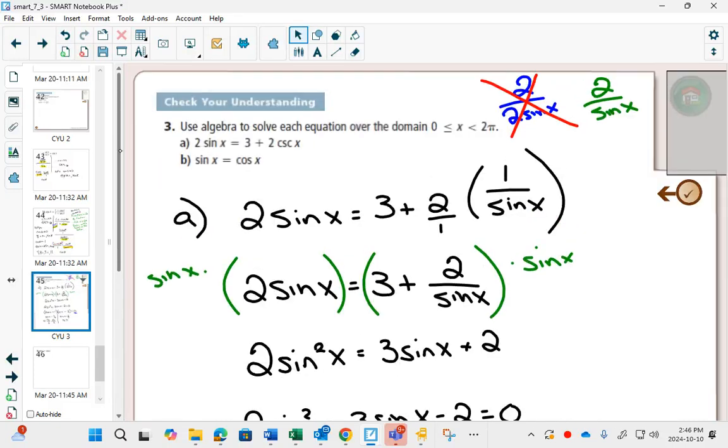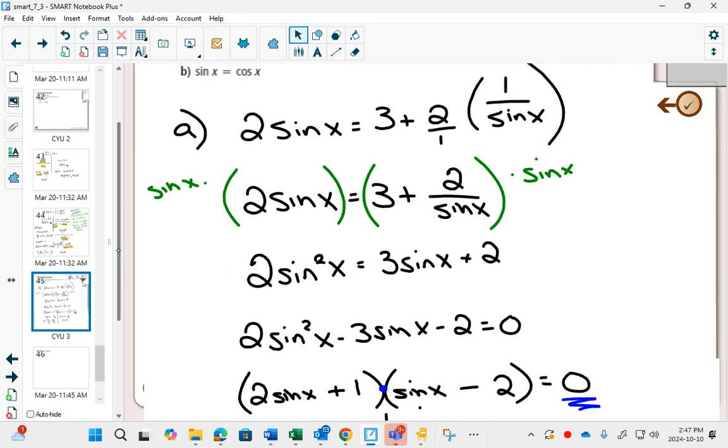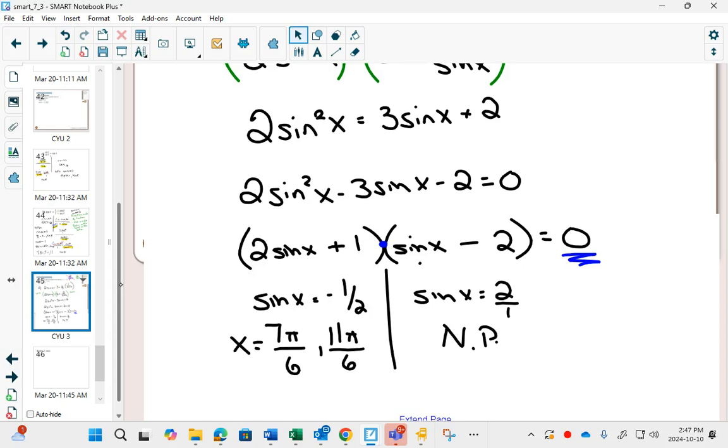So in this example, this is very typical. If you can change things to sine and cosine, where everything is sine or everything is cosine, life is easy again. Because then we just have to use all of our skills. This is tough though, because it uses all of your skills from last year. First of all, we're using a new skill, changing it to sine. Then it's a rational equation, so you had to know how to solve rational equations. Then it was a quadratic equation, so you have to know how to solve quadratic equations. And then it became a pie plate question. So everything intertwines in math and is connected. Okay, so